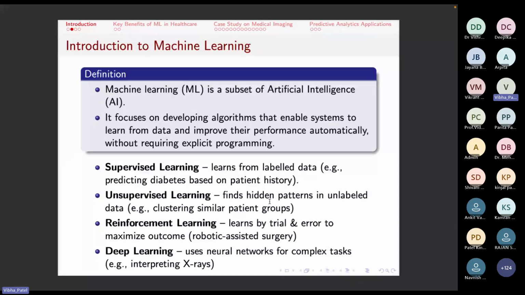So, learning through an environment and taking actions corresponding to it and improving upon the performance is what is reinforcement learning. Okay, so you reinforce someone to do something based on those learning. And the last one is deep learning, which basically is making use of complex networks like neural networks for